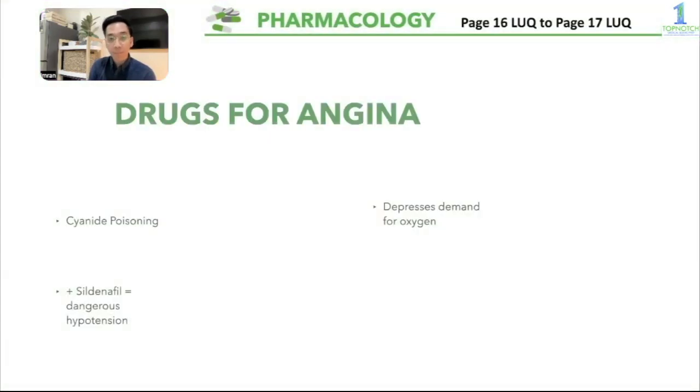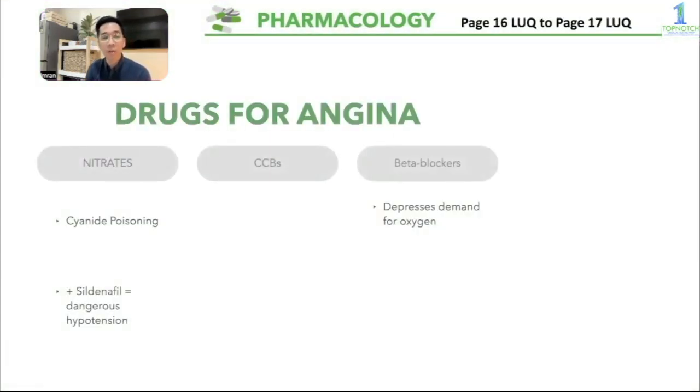Okay, let's start. The drugs for angina. Now, for the drugs for angina, syempre, ang gusto natin is to dilate the coronary vessels para mas madaming blood flow doon sa ating heart. Di ba? Kasi yun yung blood supply ng ating heart. So what you do is you give the vasodilators. We have your nitrates. Example dyan, si amyl nitrite. Your amyl nitrite is not really given for angina, pero pwede siyang gamitin doon, pero mas ginagamit siya for your